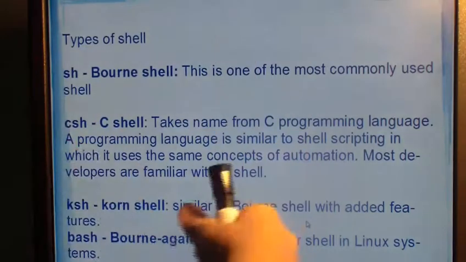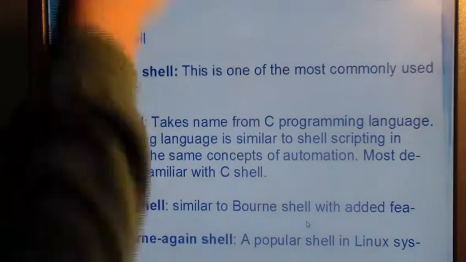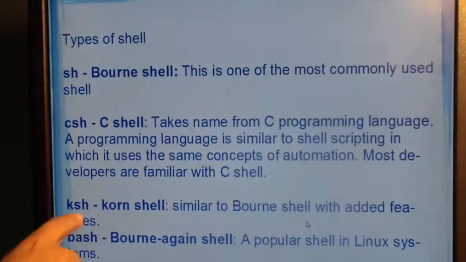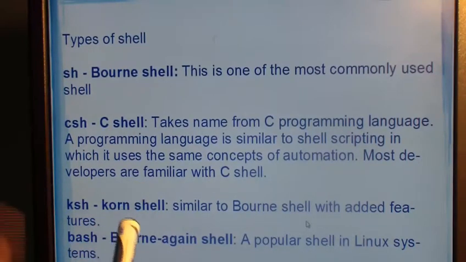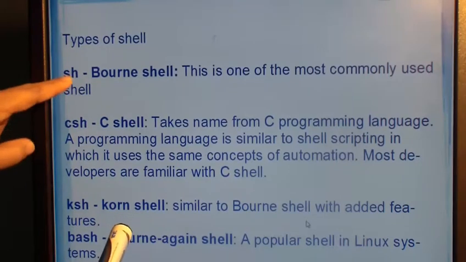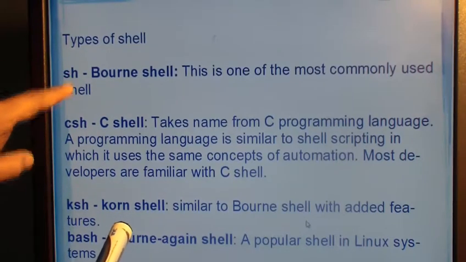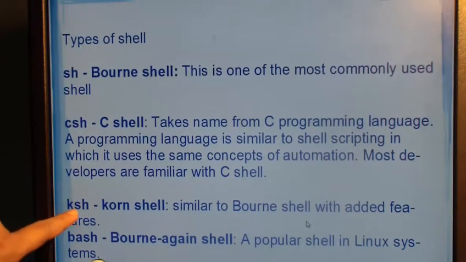The K shell, Korn shell. Korn is the name of the person, and he developed or modified this shell, and he gave it his name, K shell or KSH. In short, it's called KSH. So similar to Bourne shell, with the added